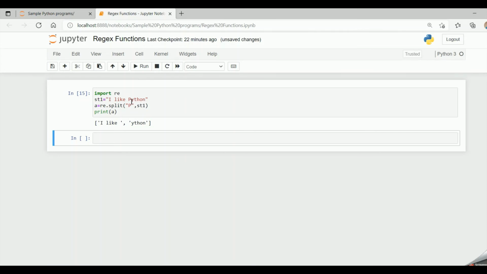It will omit the P because it is the splitting parameter. It will split at that particular position, so we have a comma over here, and the remaining characters will be considered in the second item of the list. So it has split at the position where P is present.